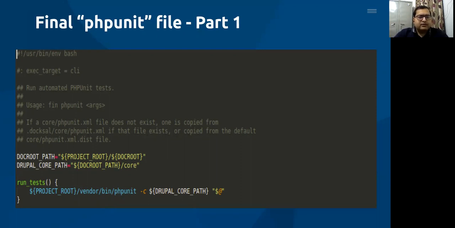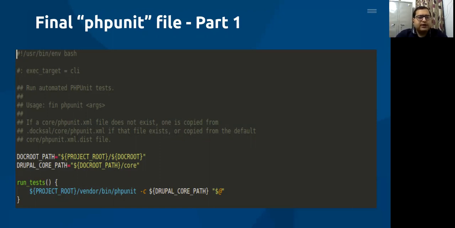In the next three lines, we are discussing how to create the phpunit.xml file. First of all, we need to understand that the phpunit.xml file is an important file for running any kind of PHPUnit test cases. So here we are checking whether the file exists or not. If it does not exist, then we need to copy it from somewhere, like core. If it is not available in core, then we copy it from the phpunit.xml.dist file. So all these lines come under the description.